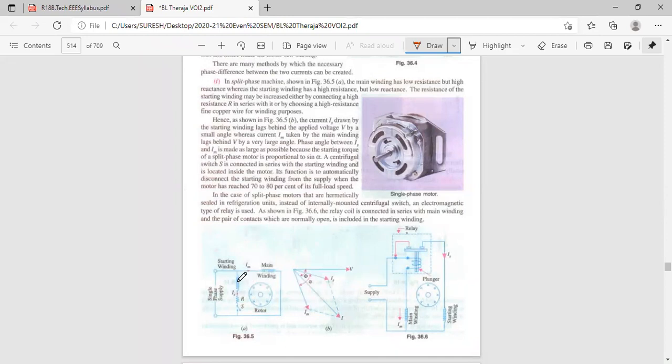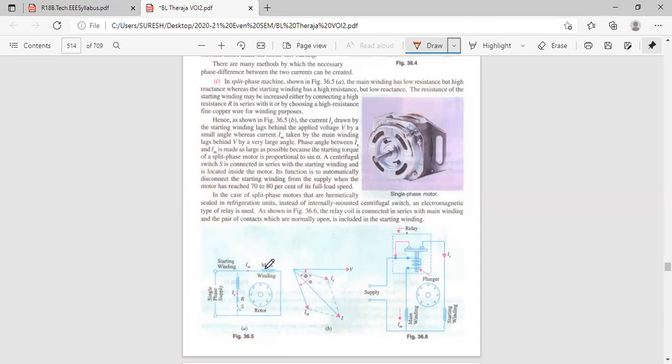Now starting winding is also a reactance, but how much reactance is there? High or low? Starting winding. High reactance or low reactance? Low reactance. If it is low reactance, IS is lagging the voltage by only some angle, very small angle. Angle in between V and IS is very small angle, but IM is very high angle because IM is having